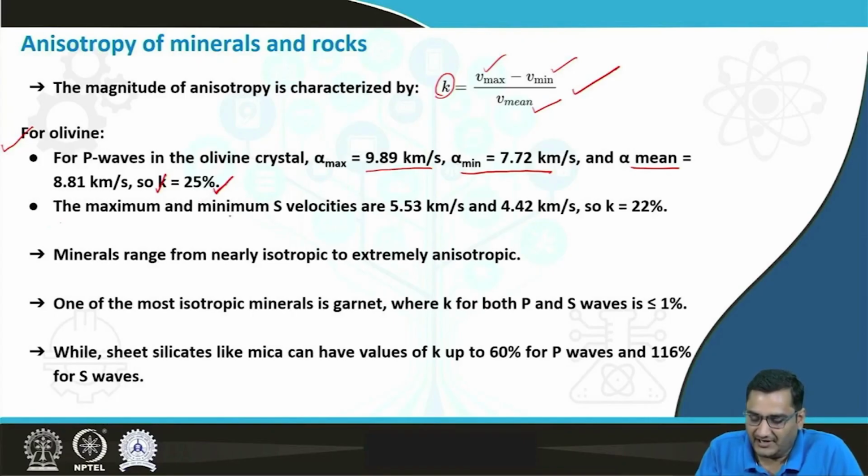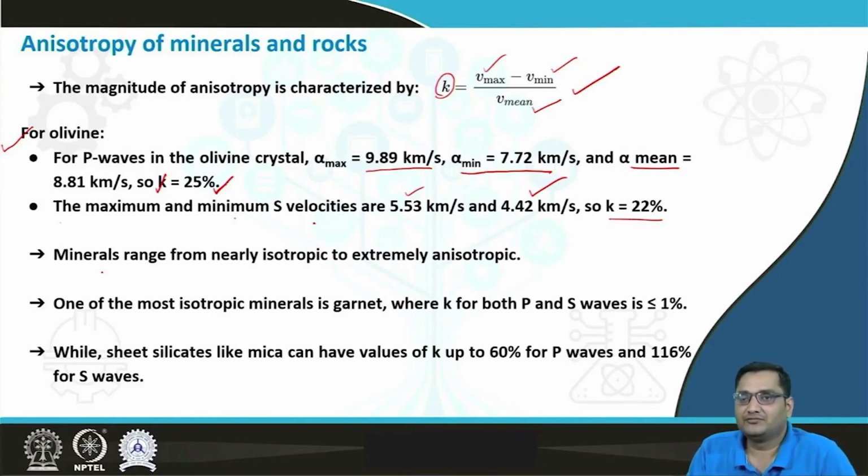The maximum and the minimum shear wave velocities in the olivine crystal are 5.53 km per second and 4.42 km per second. And when we calculate the magnitude of anisotropy using the formula above, it comes out equal to 22%. Minerals range from nearly isotropic to extremely anisotropic, and one of the most isotropic minerals present on earth is